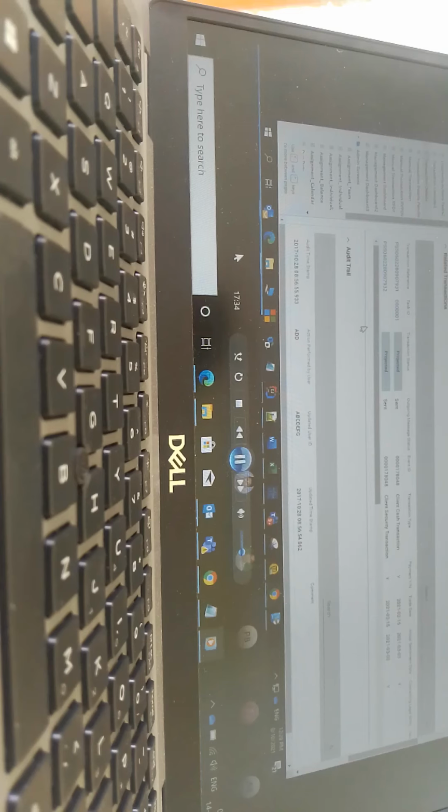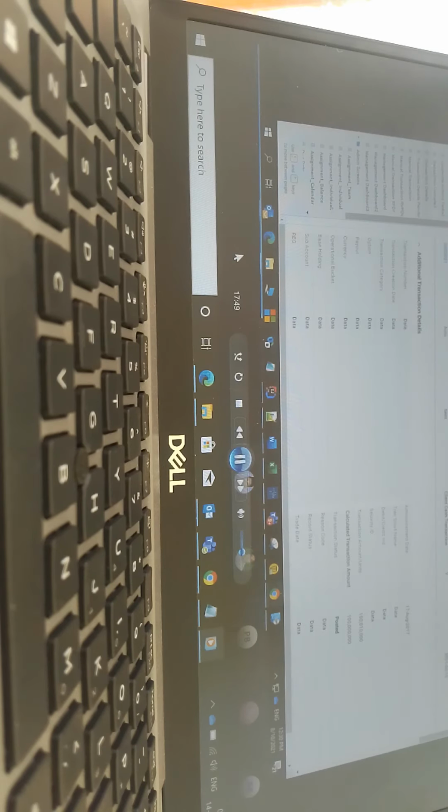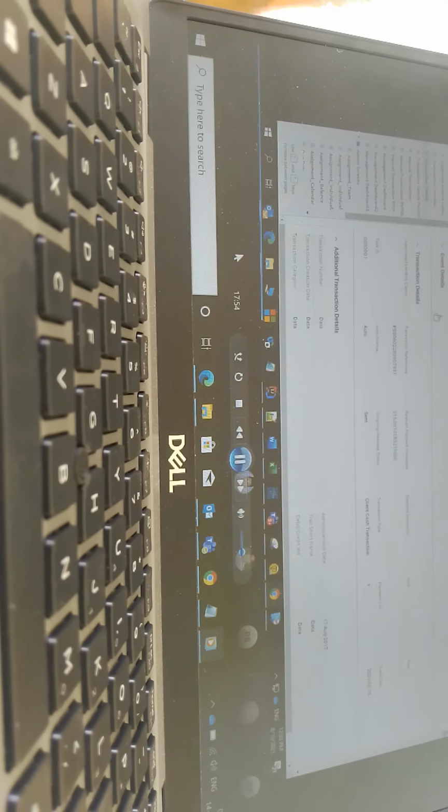Yes, Arvind. So here we started with the event details. When we clicked on the summary, we clicked on this particular reference number and it opened the details page. Here we are showing the transaction details and the additional transaction details. So what we can probably do is move this grid to the top, just below the event details, to show these are the different debits and credits for this reference number.